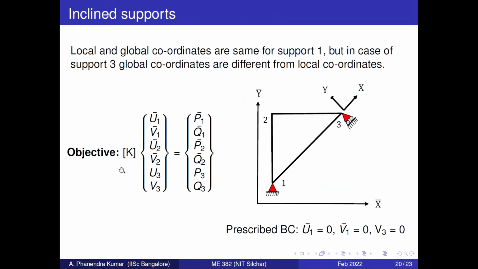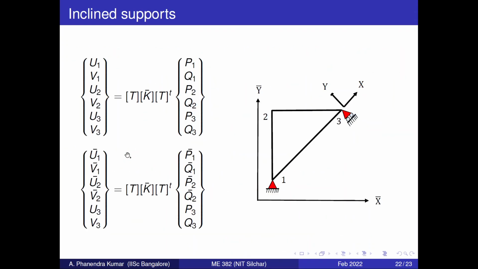Now this is our objective, right? If you go back to the objective, if this is how the vectors are, we need to obtain the K matrix. Now we have obtained the K matrix, T K bar T transpose. K bar is like, for individual element you can find the elemental stiffness matrix, and by using the combination of different elemental stiffness matrices we can obtain the global stiffness matrix. So this part is known, this part is also known. Now what is the advantage here is, as I have told you before,